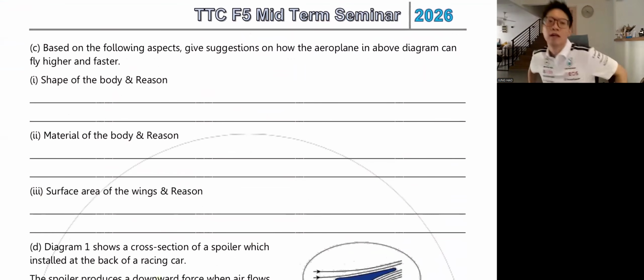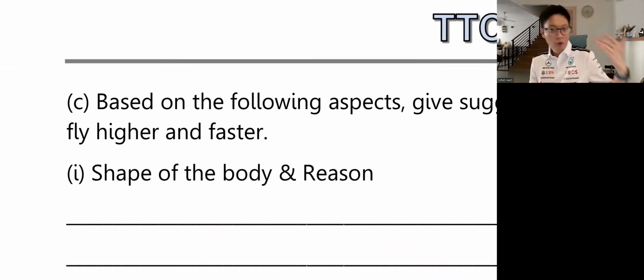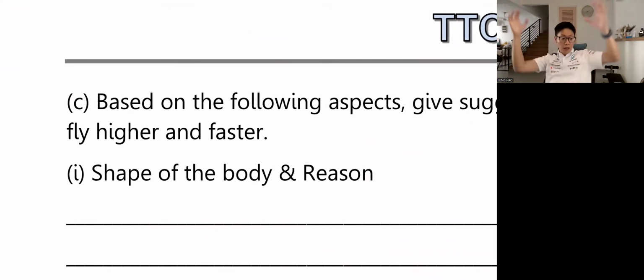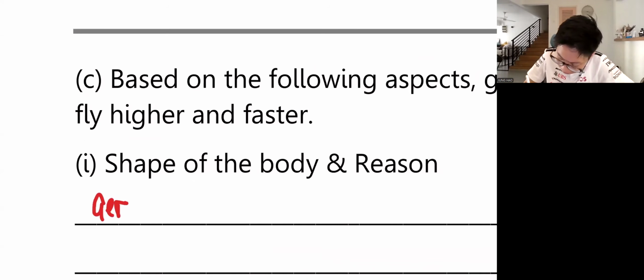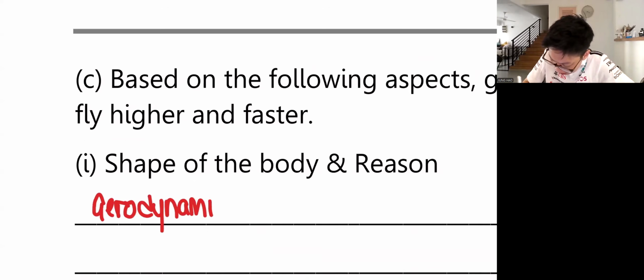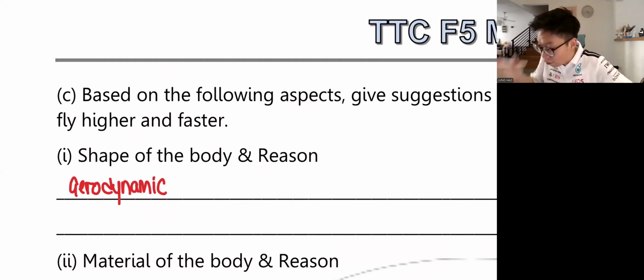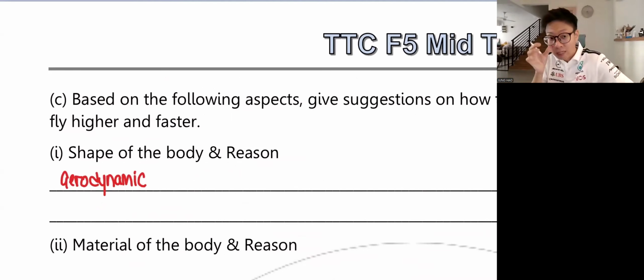Based on the following specs, give suggestions on how the airplane in the above diagram can fly higher and faster. Now, guys, for the shape of the body, what is the shape of the body? We want the wing to be aerofoil to produce the lift force. But the body, from the head to the body, we will say aerodynamic. You need to understand that aerodynamic and aerofoil are two different things. So this is aerodynamic,